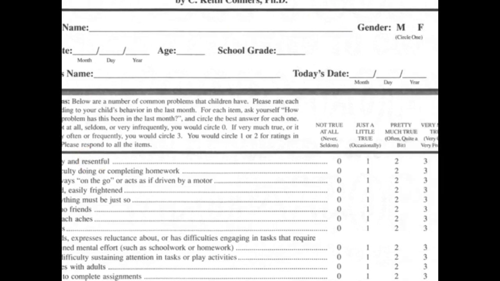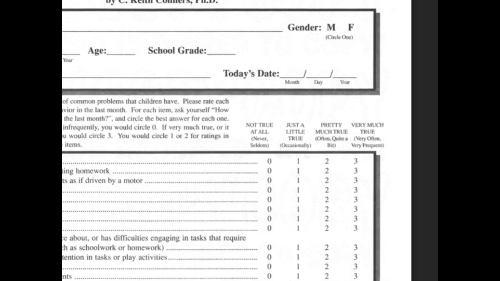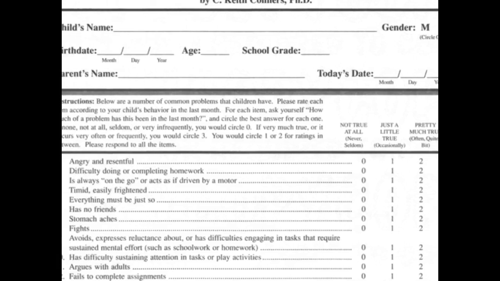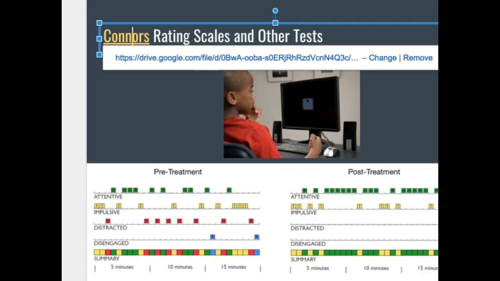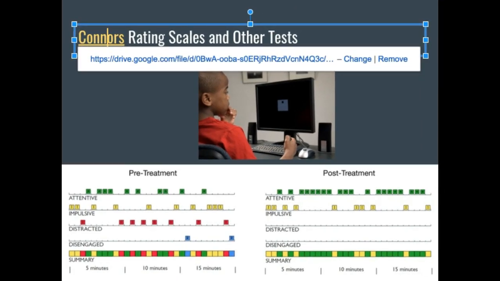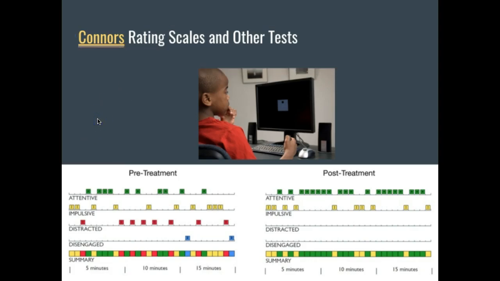And then you have this categorization of not at all, just a little, pretty much, very much. You circle these answers, and then you return this form to the doctor, or to the parents who return it to the doctor. Based on the information that the doctor gets from all of these different Conners ratings, parents as well as teachers, they may make a determination, also based on their observation or interviews with the child, that yes, this child indeed seems to have an attention disorder, and then they might proceed with some sort of treatment plan. There is no blood test for ADD or ADHD.